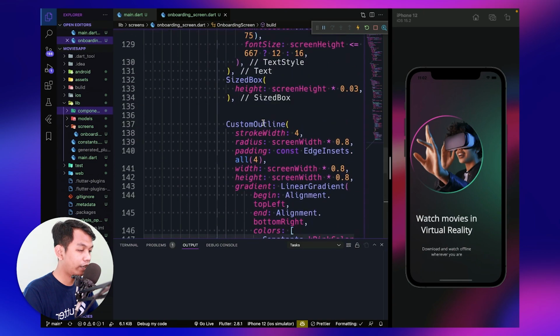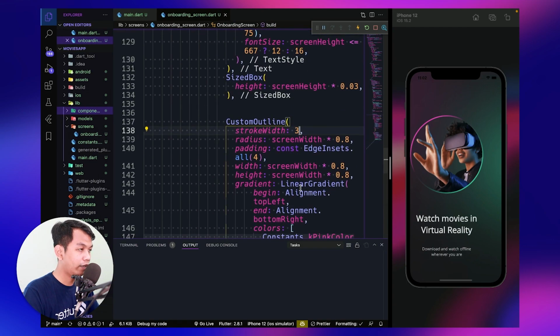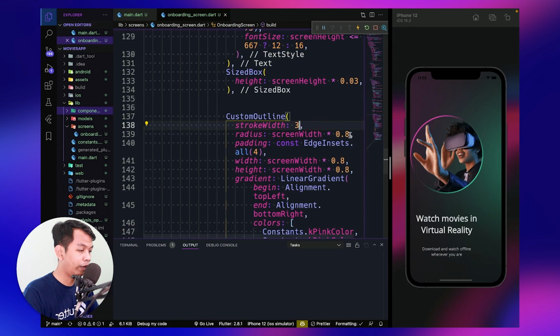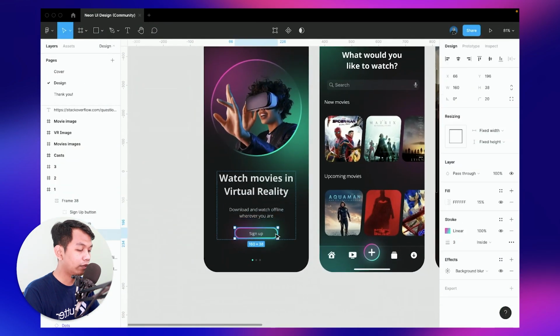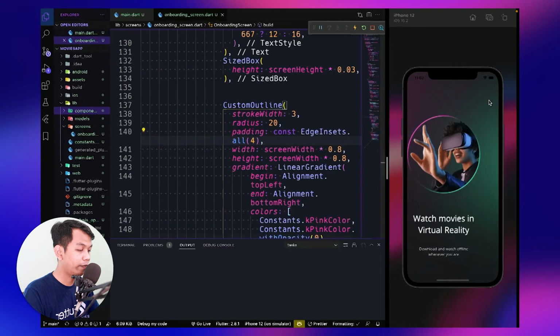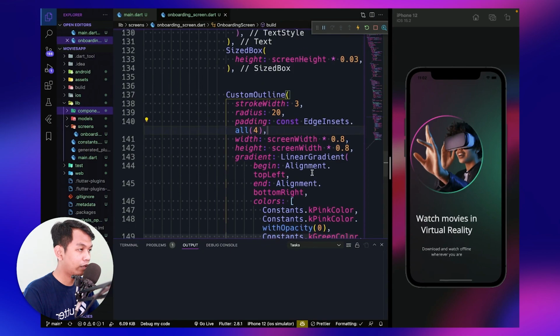And we need to change a little bit, like the first one is stroke width, it's 3. The radius will be 20 because this is for our button. So we see like 20. And for the padding is 3.